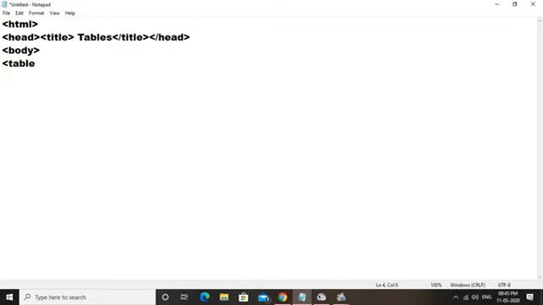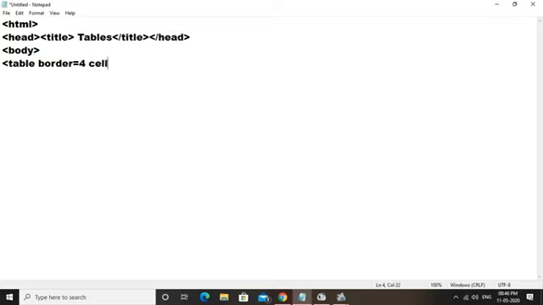and with the table tag we can use the attribute border. Border is required for creating a border. I am using, let's say, 4 pixels, the attribute border, and then another attribute we will use for cell spacing and cell padding.